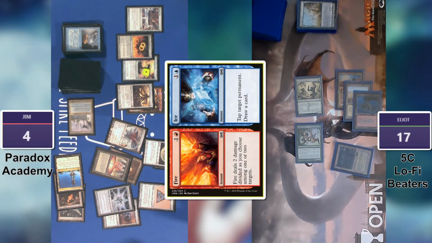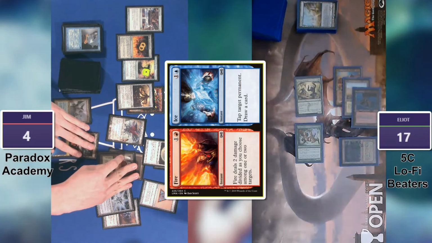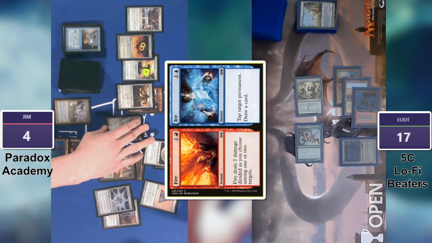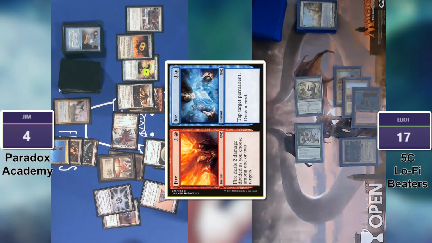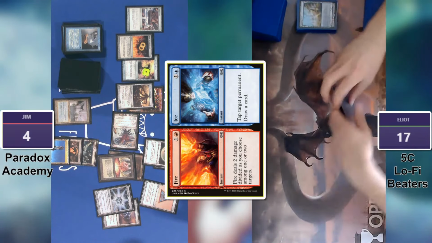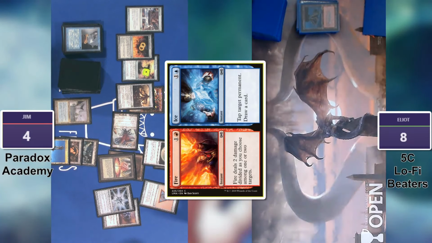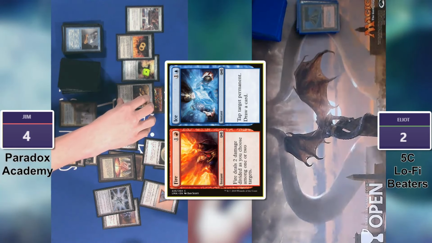Okay. So I'll untap for my turn. Draw a card. Move to combat. 15. Trigger Annihilator. I will sacrifice all 6 of my permanents and go to 2. Okay. Then I'm going to...